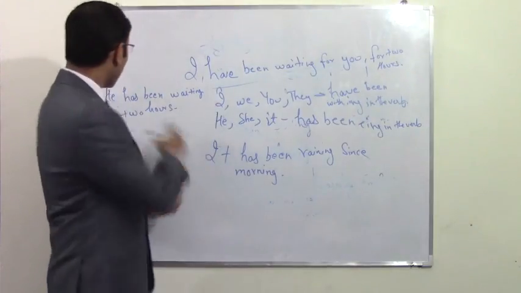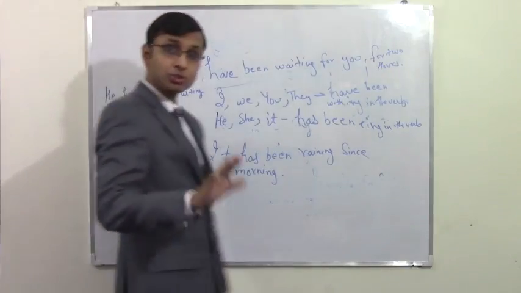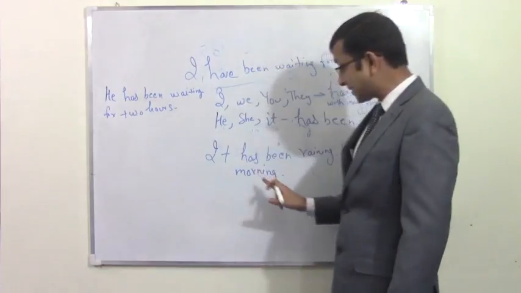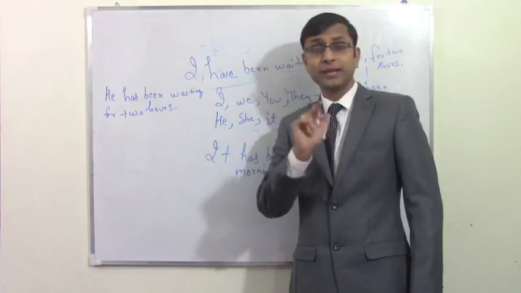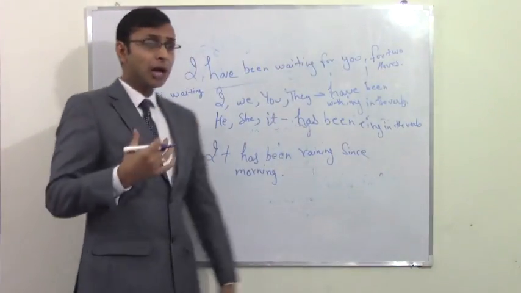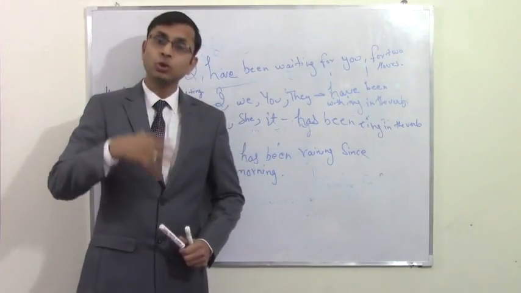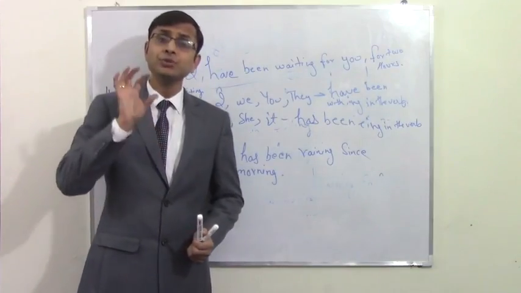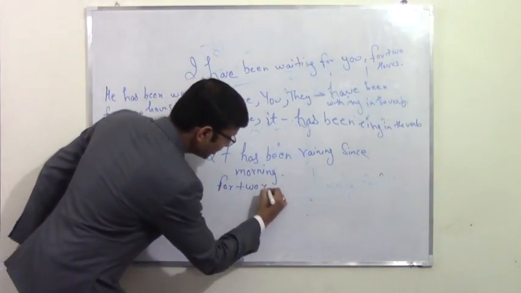Normally people say, he has been waiting from 2 hours. Basically that's wrong English, so you don't have to say from 2 hours, from 3 hours. It's always for or since. And now I'll tell you the difference between for and since. When do we use for and when do we use since? So, when we talk about amount of the time, like 2 दिन से, 2 घंटे से, 3 महीने से, 3 साल से, then you always use for. So it's like for 2 years.